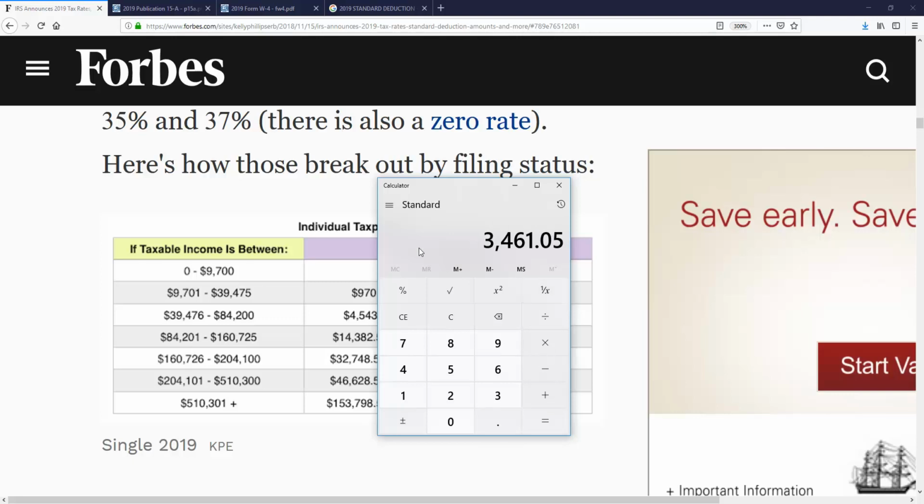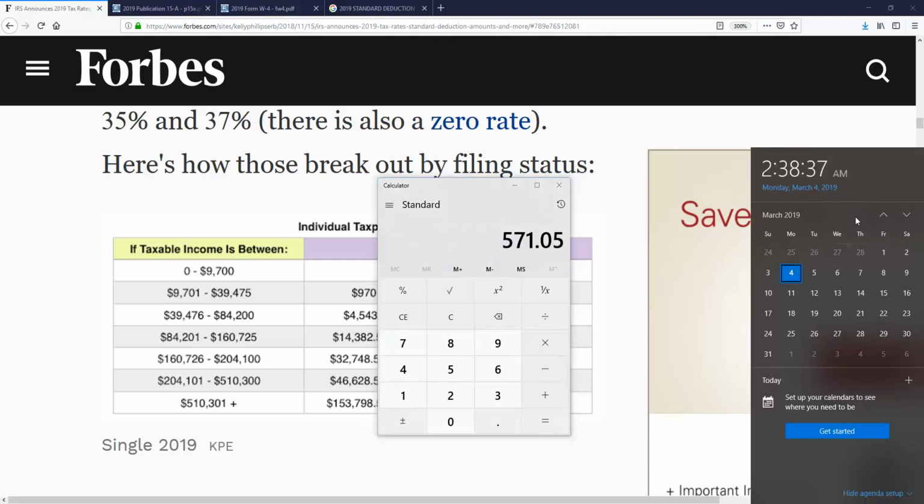Taxes due $34.61. We're going to subtract what we've already paid. Again, we're just looking at our check stubs here to find out what our federal withholding is. If you've had multiple jobs, you'll want to make sure you add all of those. You'll also need to make sure you add all of your gross income from all those jobs to arrive at this number. Let's just assume we've paid so far $28.90. So we have $571 left that we have to pay for the rest of the year, and we know it's October 1st. Let's take a look at our calendar here.